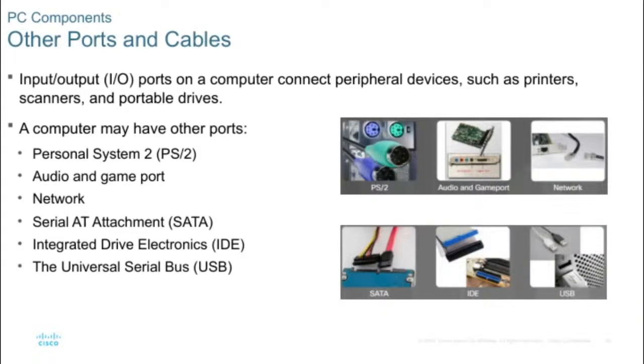Let's talk about some of the other ports you'll find on a computer. These include the Personal System 2, or PS2, often used for keyboards and mice. There's the audio and game port for sound and controllers. Network ports connect us to the internet. Then there are storage-related ports like SATA and IDE, which link hard drives and optical drives. And of course, the Universal Serial Bus, or USB, which is everywhere. All these input and output ports let us hook up printers, scanners, and portable drives, the essential connections that keep